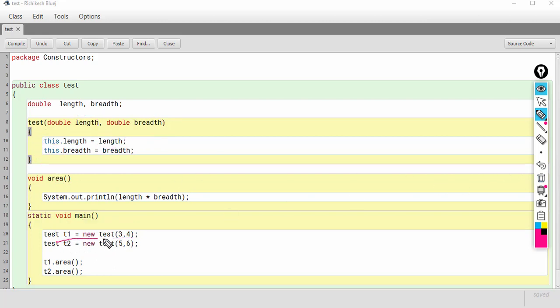When we create the second object T2, this length again will be the local variable, breadth again the local variable, but this dot length and this dot breadth refer to T2's length and T2's breadth. So this time the output should be 12 and 30.